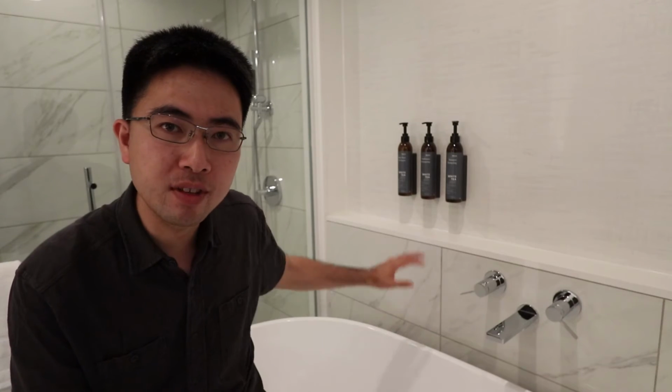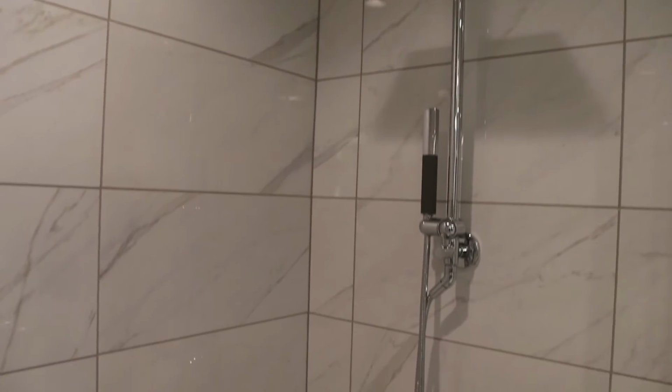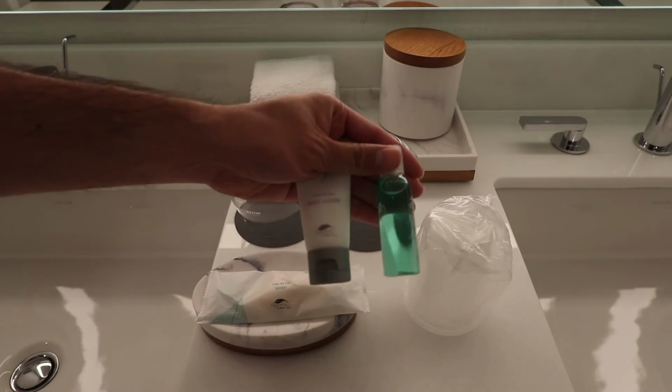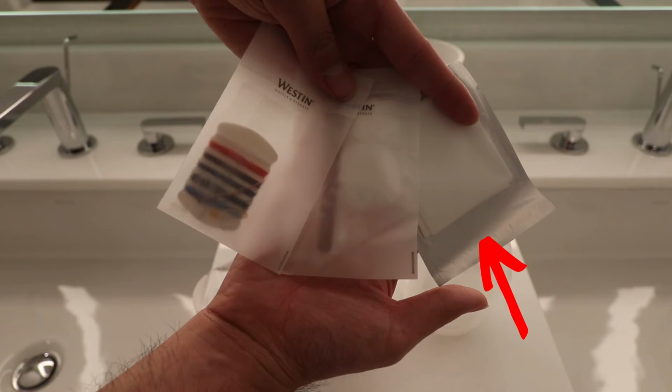Here next to the tub, we have this wall-mounted body wash, shampoo, and conditioner. There's also another set of them inside the shower. In between the 2 sinks, there's plastic and glass cups, body lotion, and mouthwash. If you open up the little cup in the back, you'll find a sanitary bag, nail file, cotton balls, and